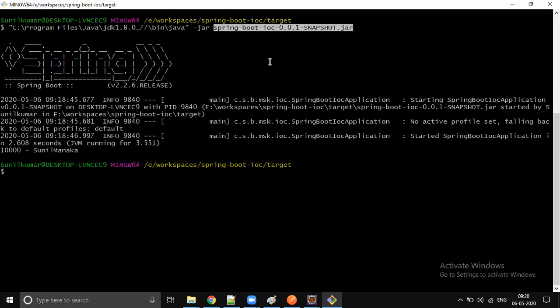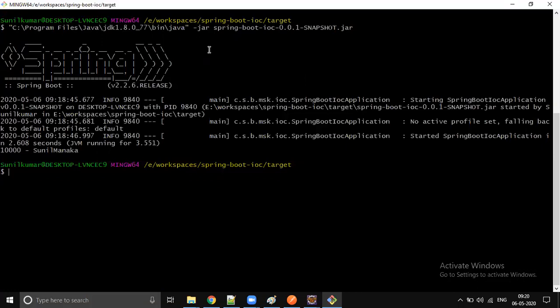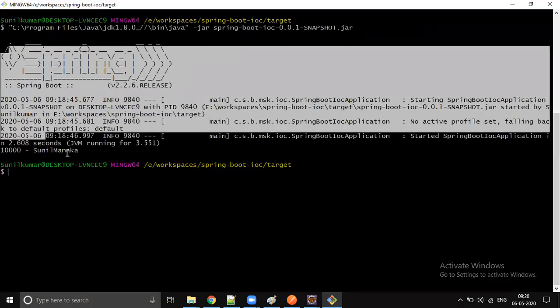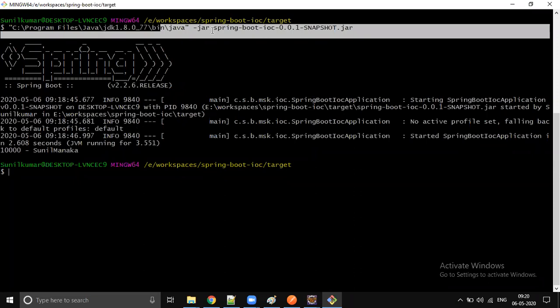You can even copy the jar file into some cloud, an AWS EC2 instance, or Google cloud computing system, and install Java and run this command. What will happen? Then your application will be deployed in a cloud environment. Right now we are deploying on a local machine. The same thing we're going to do as a standalone deployment: copy into the EC2 instance and run the java -jar command.